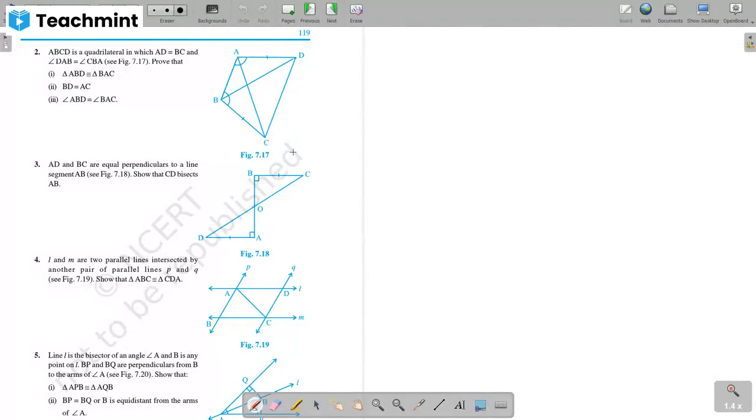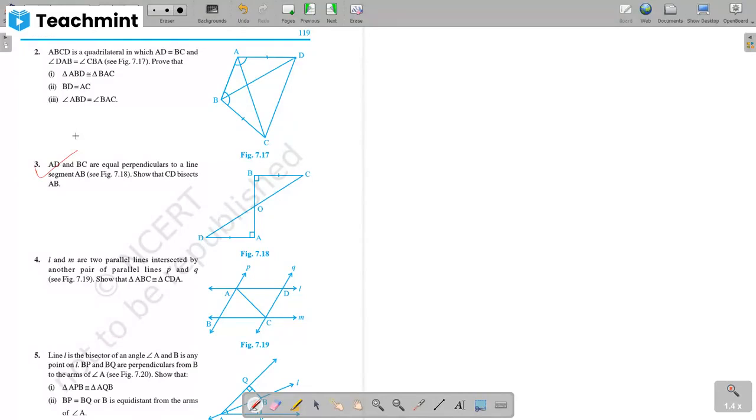So let's start with the question. Yesterday we did example questions. We have also discussed the first two questions from this Exercise 7.1. Have you done these two questions in your copy? Yes, ma'am. Does anybody have any doubt? No, ma'am. Okay, good. Fine. So let's start with question number 3.